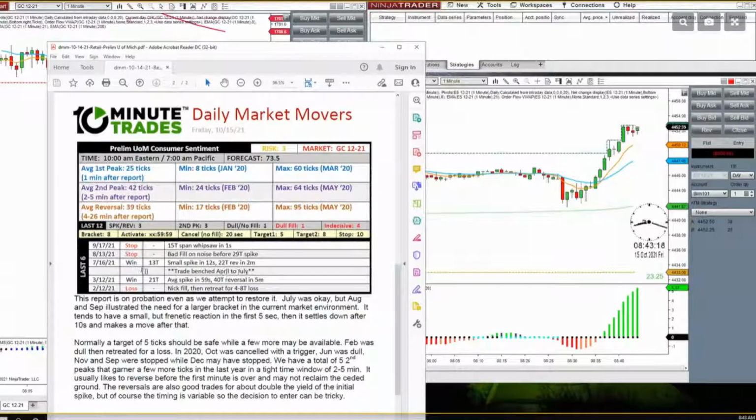Then I noticed it started moving again, and it looked pretty good. But I also noticed our bracket was too small, and we were getting stopped. We got stopped in August, and we got stopped in September. And my personal feeling is the bracket is definitely higher, okay? If I bring up an older...